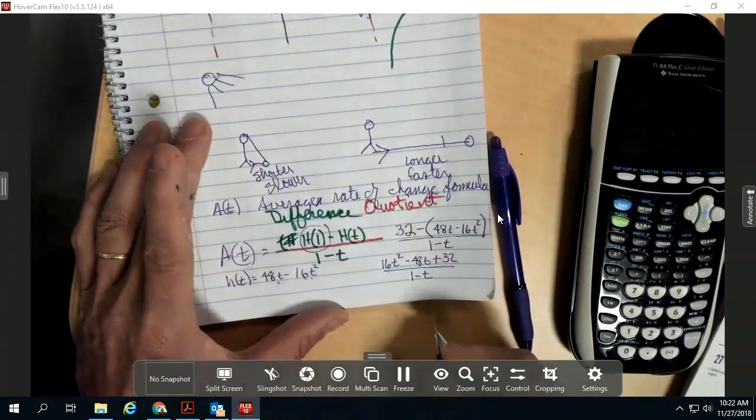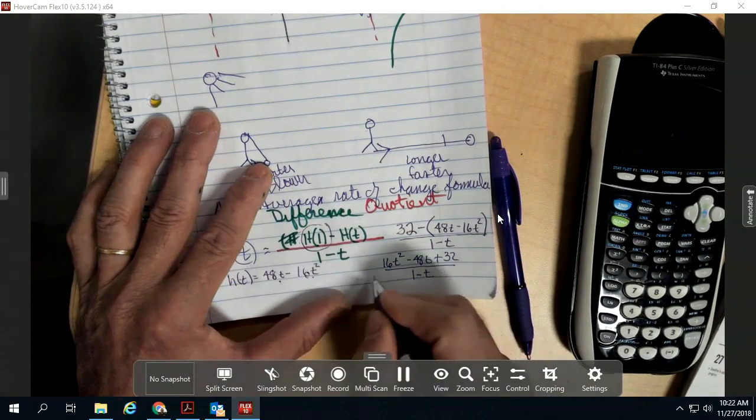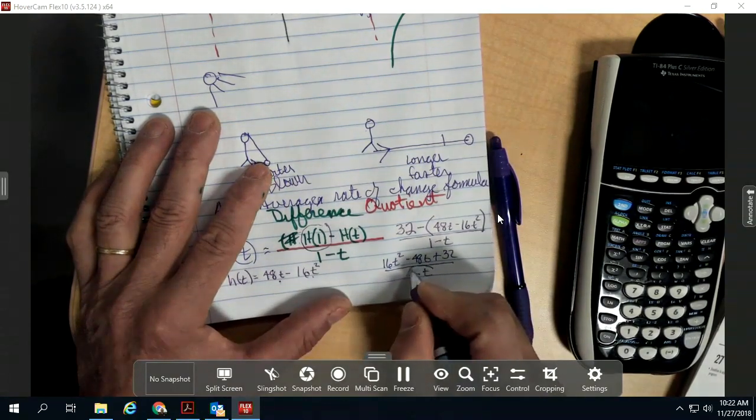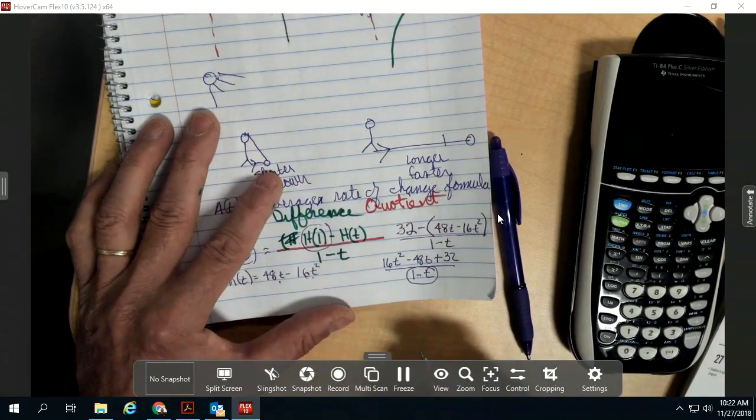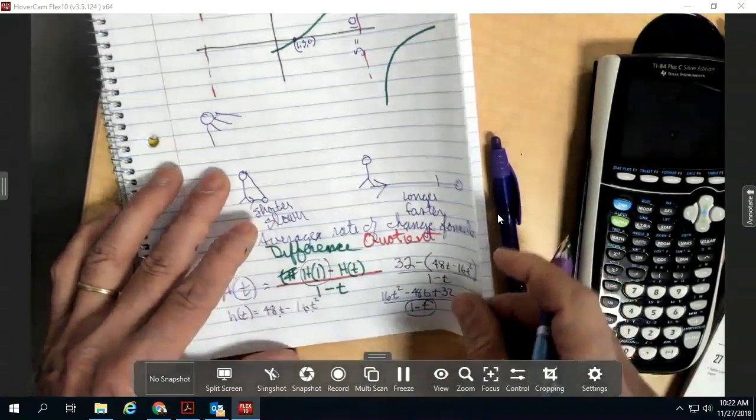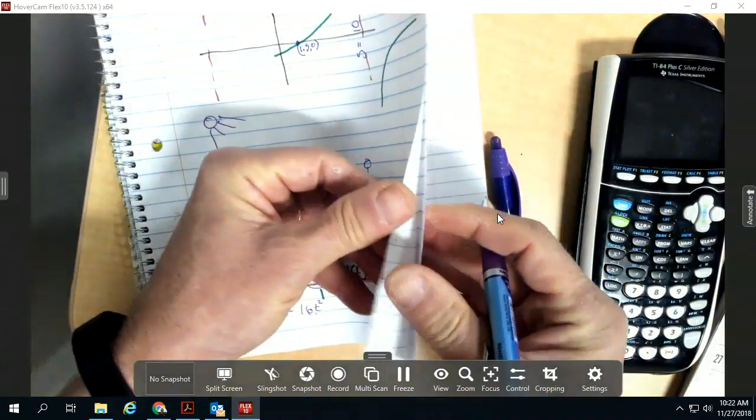One more thing we should do, and that is change everything's sign so that this denominator is written correctly: t minus 1. So when we do, we get